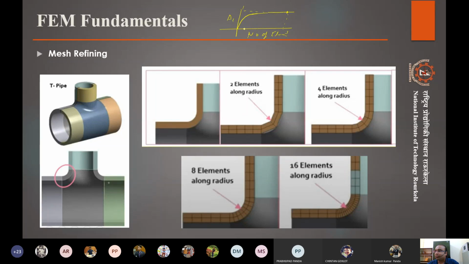The reason is, suppose this was a 2 element mesh. In this case it was 4 here, 6 here, 8 here, and so on, and we reached 16 somewhere here. So the number of nodes also correspondingly increased. For each element addition, in 2 dimensions we are adding 4 nodes, and in 3 dimensions, 8 nodes, and so on. This kind of increase starts putting more and more processing time.